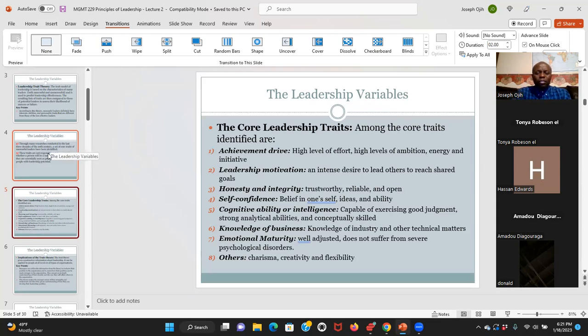Then self-confidence: they are highly confident people who are expected or want to be leaders in the future. They believe in their ideas and their ability to achieve their goal. Then cognitive ability or intelligence. These leaders are capable of exercising good judgment, strong analytical abilities, and are conceptually skilled. If you think of Martin Luther King, if you think of Nelson Mandela, if you think of Oprah Winfrey,